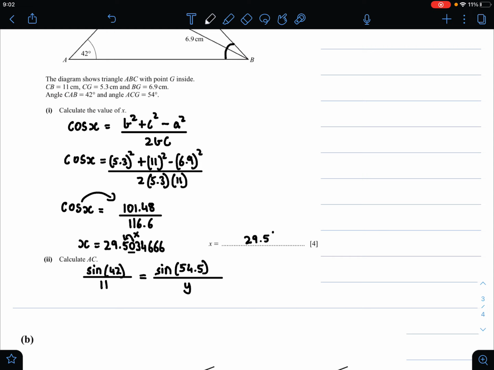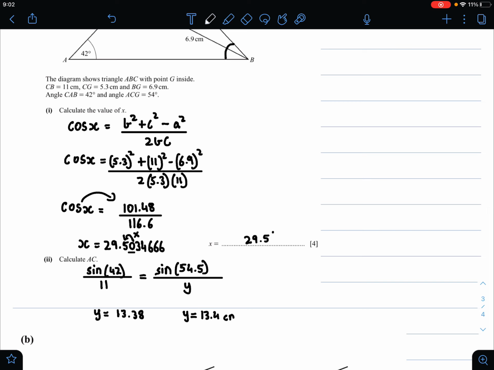So now all you need to do is solve for y. So when you solve for y, you will get the answer as 13.38, and since you have to give your answer in three significant figures, the final answer will be 13.4, because